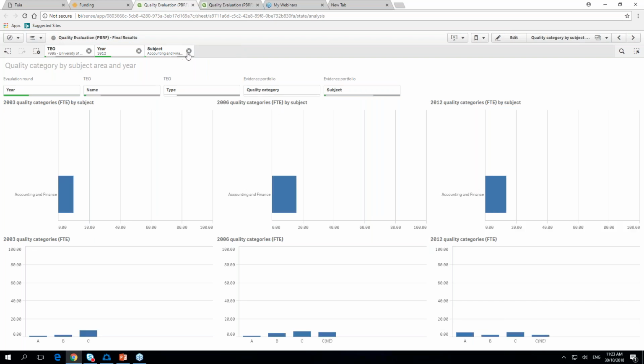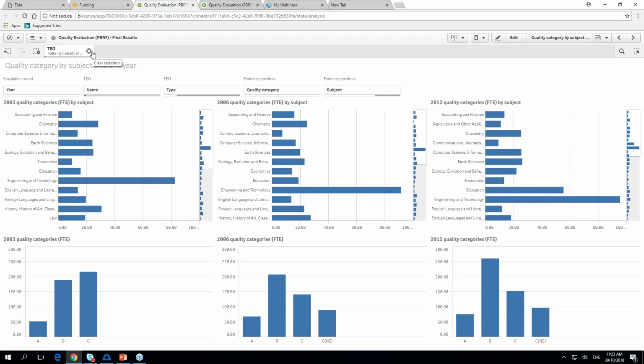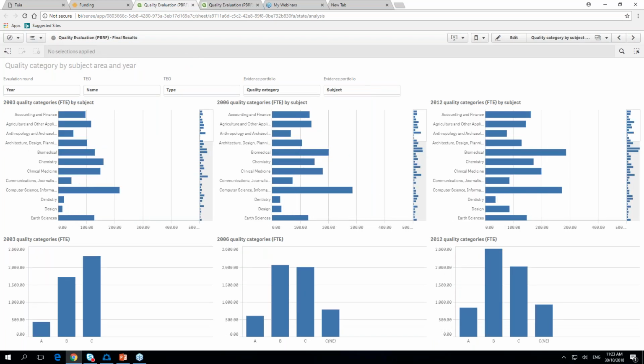So I think what I'm going to do is X out of here, and I'm going to close all of these filters. As you see, all of the stuff then goes back to no filters applied. And I think the last thing you talked about was doing a comparison by different TEO types. Yeah, so can we compare, not picking on you, Canterbury, but could we compare, say, the University of Canterbury with